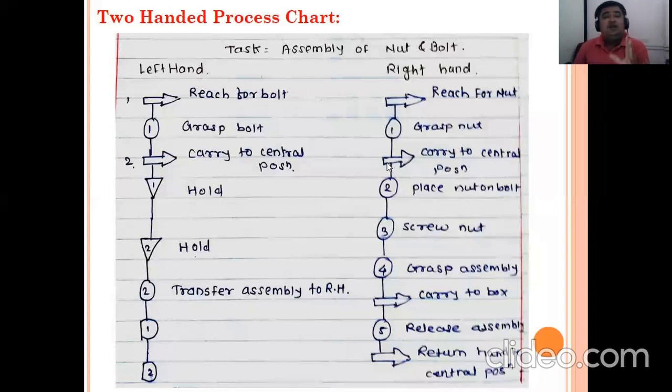So this is the two-handed process chart, where the activities of the left hand and the activities of the right hand are shown in detail, and the meaning of this chart is that it shows the correct process to do that task.